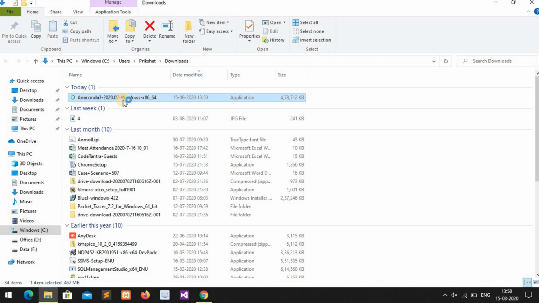It takes some time because it checks the repositories and registry settings of the Windows operating system to see whether they match our Anaconda setup or not.